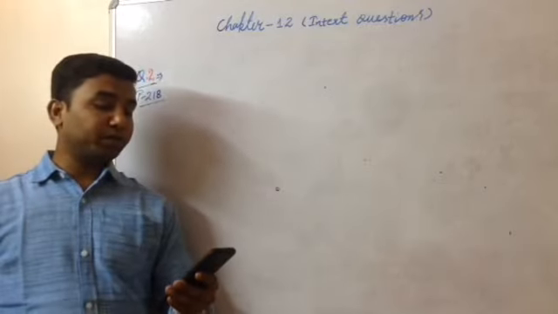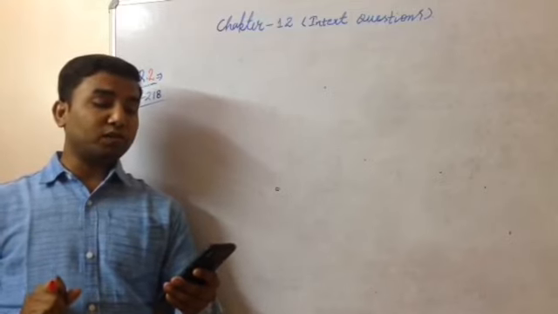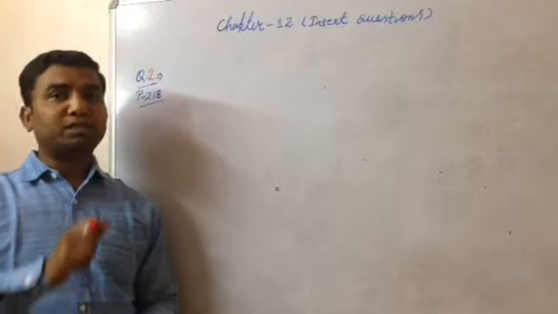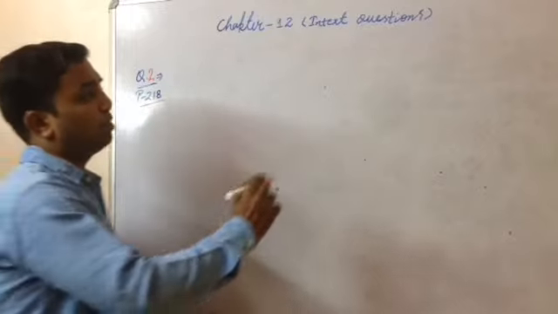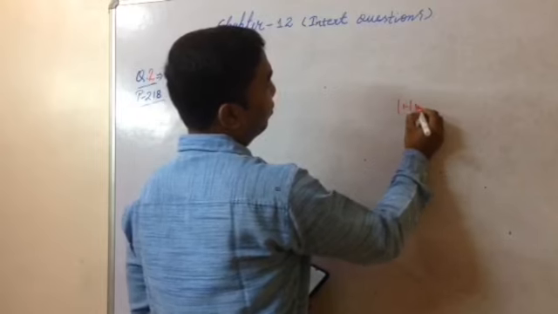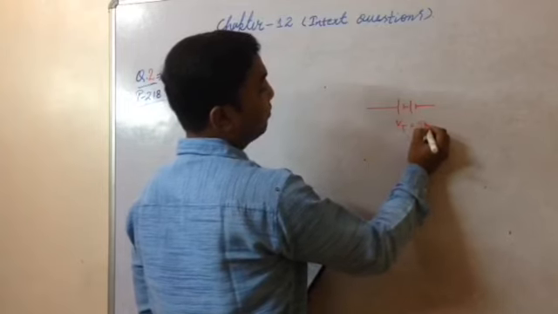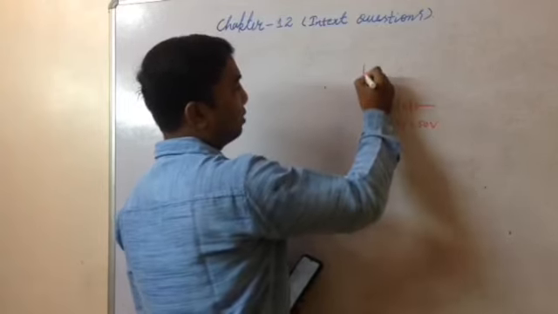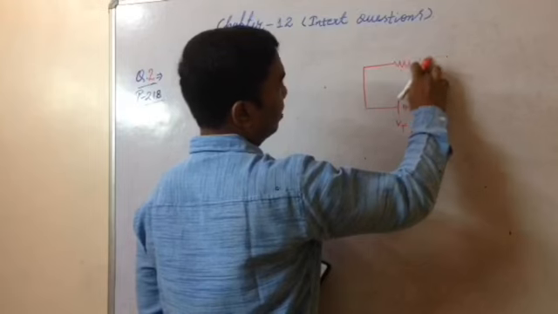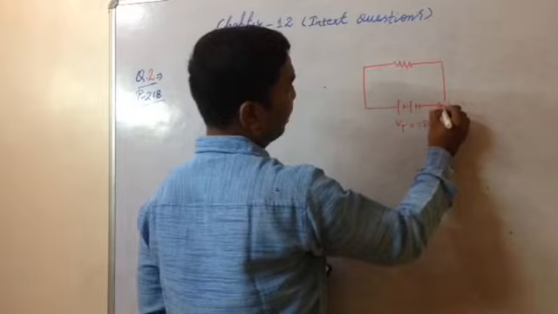In question number 2, what is given? Compute the heat generated while transferring 96,000 coulomb of charge in 1 hour through a potential difference of 50 volt. Before starting this question, let's draw the diagram. Suppose there is a battery of 50 volt in the circuit. So VT would be 50 volt, and this is connected to a particular appliance. Here we connect a switch.